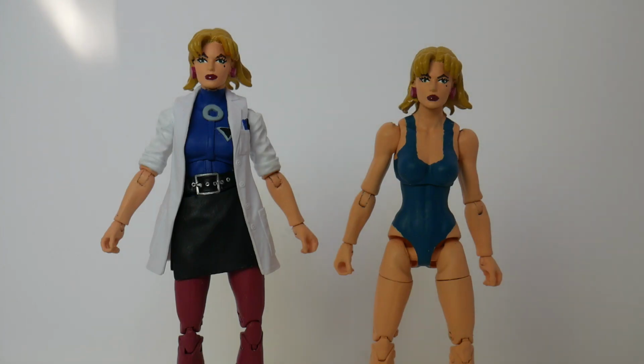So we're going to talk about these two customs that I made. Before, I've made customs on Evangelion. I've only made one of each character, Misato, Rei, and Asuka. But I have two Ritsukos today. Not because I love Ritsuko so much that I decided to make more than the other ones. It's more of my new philosophy or new strategy with customs, that I want to make as many as I can at one time of one character so that they can all look similar and have the same kind of skin tone and hair color and so on,